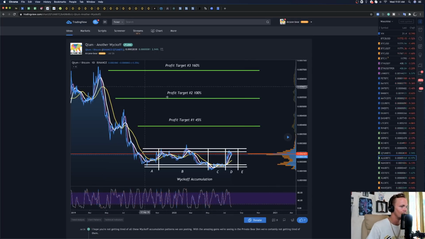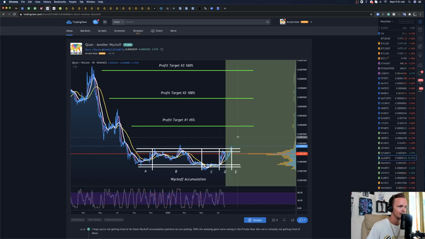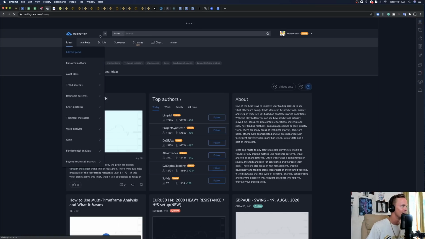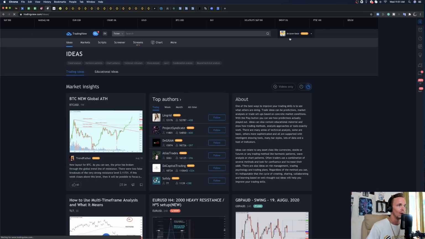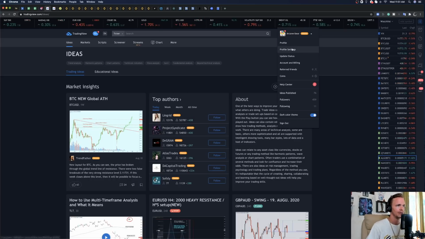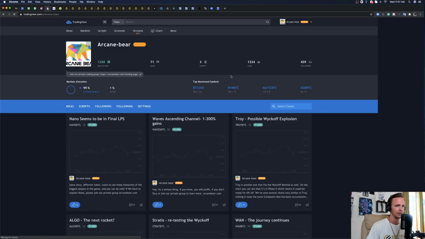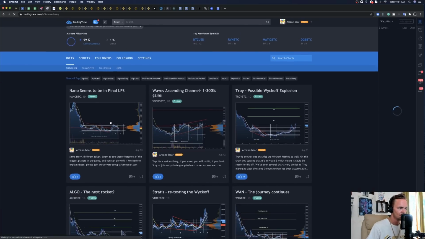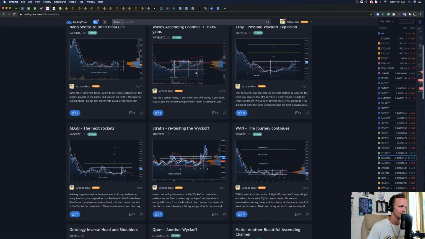We're going to, well, actually Quantum was a nice one here. We had a final LPS test, bang, and it started to break outside of the box. Although that's not what I wanted to show you. I do want to show you Waves. And again here, what we're trying to do is go over the understanding of these market cycles so that it becomes blatantly clear. Once you see this pattern, you'll start to recognize it quite frequently.